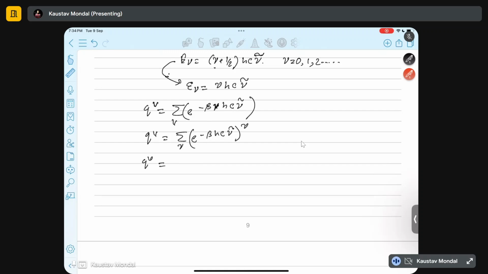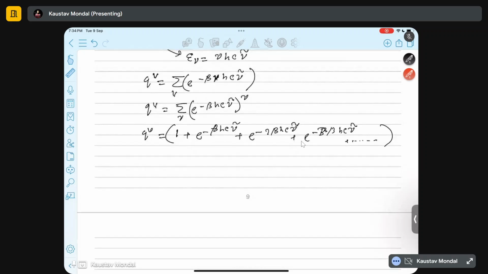So summation starting from nu equal to 0 becomes that whole thing equal to 1, then e to the power minus beta HC nu tilde, plus e to the power minus 2 beta HC nu tilde, plus e to the power minus 3 beta HC nu tilde. So like that it goes on. QV, now QV you can write,